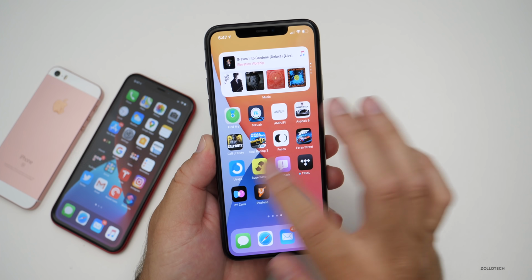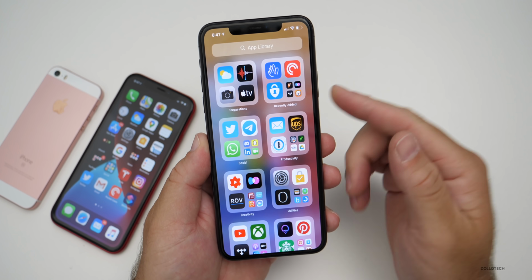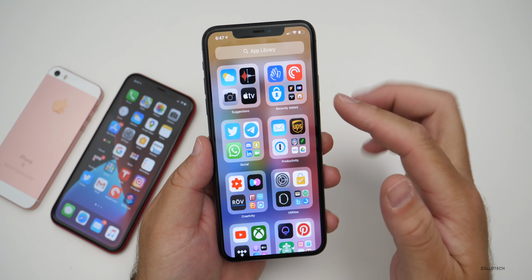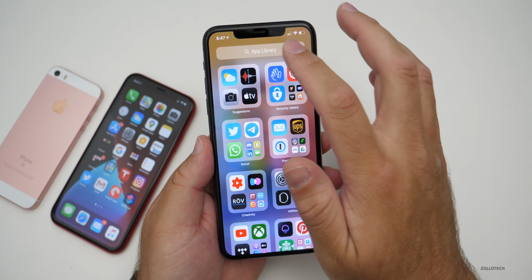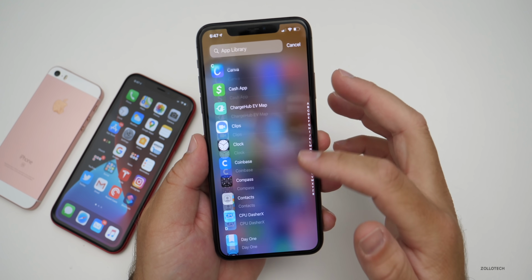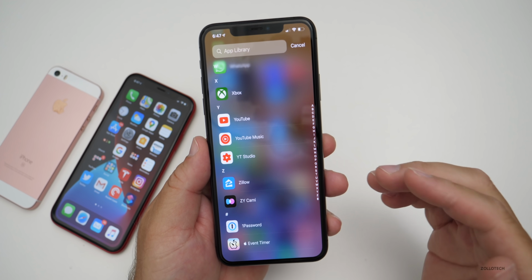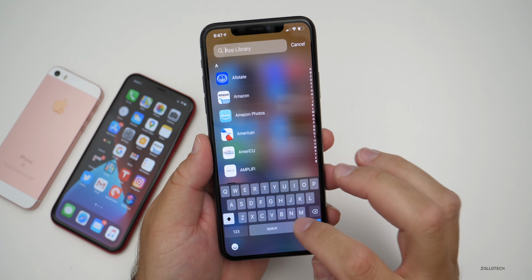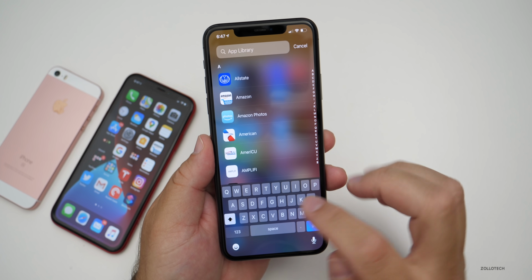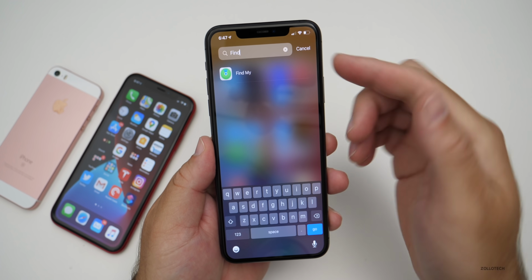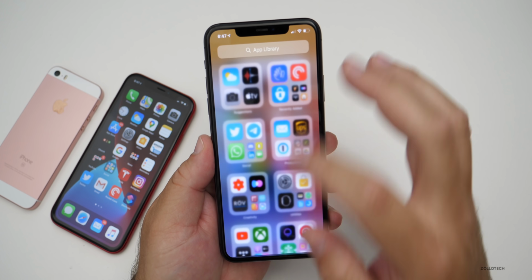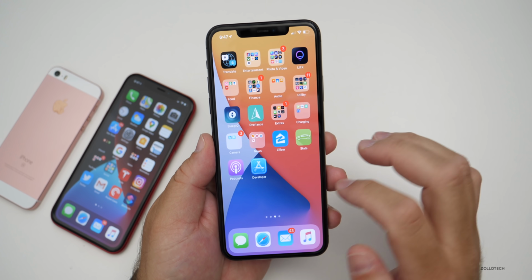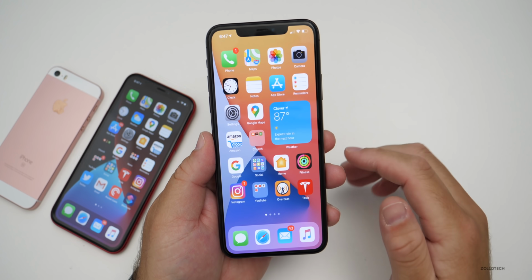Also, if we keep scrolling over to the right, we now have an app library where it categorizes everything based on what it is. So utilities and productivity and suggestions. And we can also search for that app. So here's our alphabetical list view that we thought we'd have, but it works a little bit different than expected. So it's really nice. So maybe you want to search for, I'm not sure, let's search for Find My, and you'll see it's in real time. It searches for what you're looking for. So it's a super nice way to sort of sort everything. There's more options than that, but you've got all these options for widgets, and it's super nice, and finally it's here.